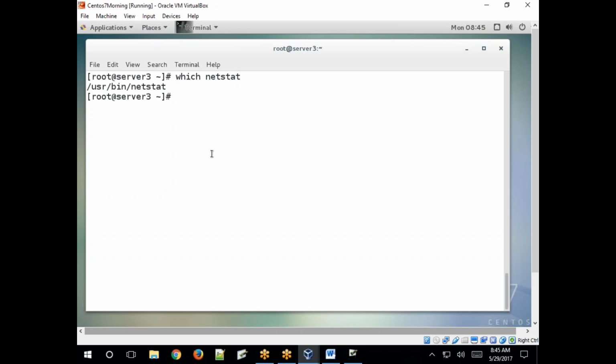Okay, we'll see it in the networking class. netstat, see like this, any command. You know the command name but you don't know the location, so you can find it using the which command. Just simply add this path in the visudo file: username, ALL equal to the binary file location, comma, another command, comma, like this. Okay, clear?